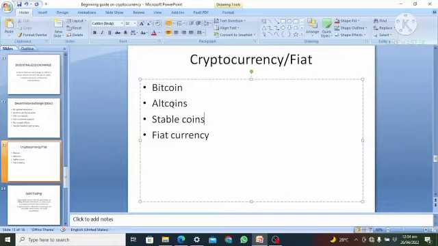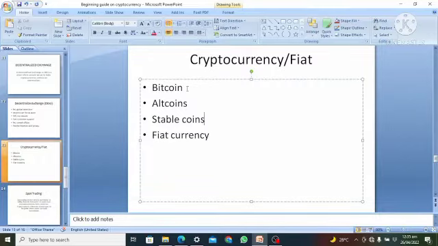So Bitcoin was the origination of cryptocurrency. After Bitcoin, we begin to have altcoins, and up to date coins keep being listed. Stable coins are like BUSD, USDT and USD. So those are the stable coins that, when you are trading Bitcoin or other altcoins, you convert back to stable coin when you make profit or when you want to engage in transactions in the market.